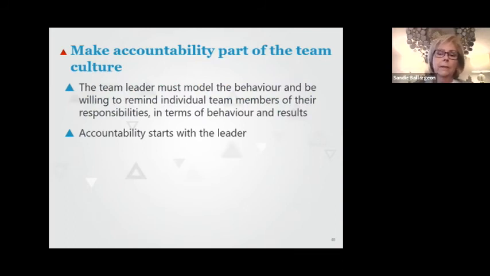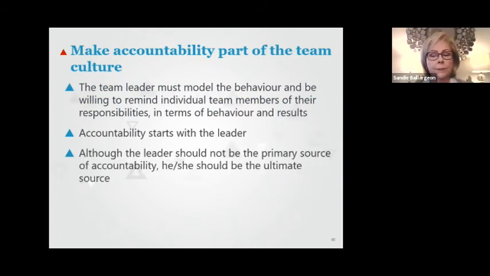And I find that with a lot of employees, they don't understand what's expected of them. So role clarity is a key thing as well. Accountability starts with the leader. Although the leader should not be the primary source of accountability, as Patrick said, he or she should be the